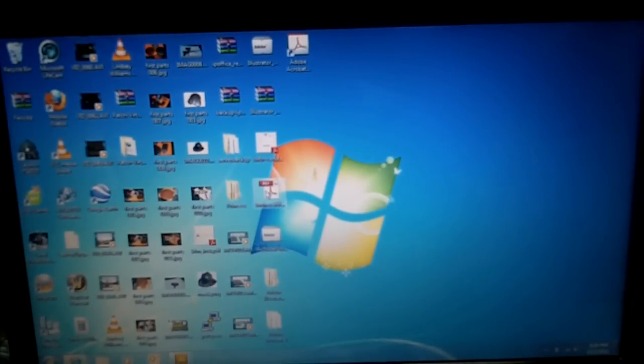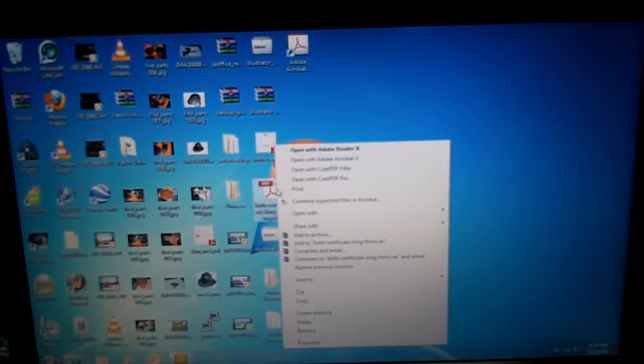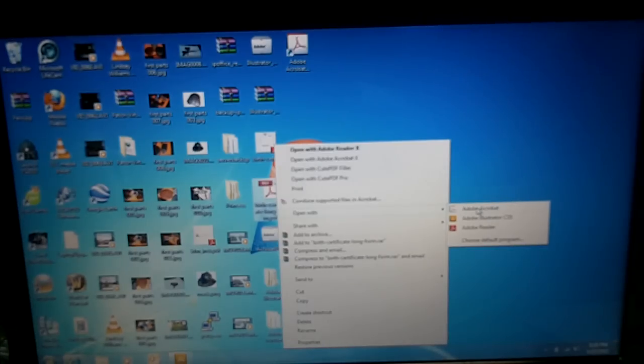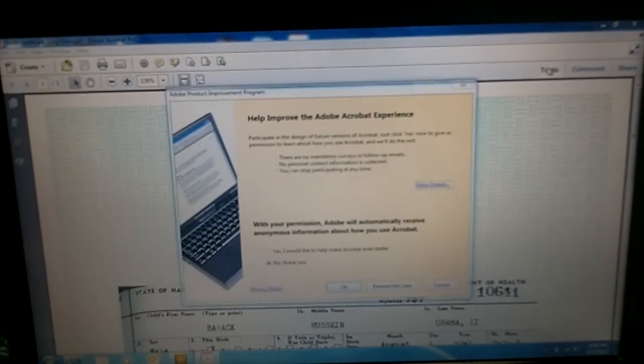So what I'm going to do first, right click, because I do have Adobe Reader, the free one that everyone has. We don't need that. We want the professional one. So I'm going to open with, there it is, Adobe Acrobat. Notice it's not called Reader X or Reader. It's called Adobe Acrobat. That's the professional one. So you'll see you've got some more options, some tools, things like that. Okay. No, I don't want to register or anything else. It's a trial. Okay, so here's the file we've all seen all day long,